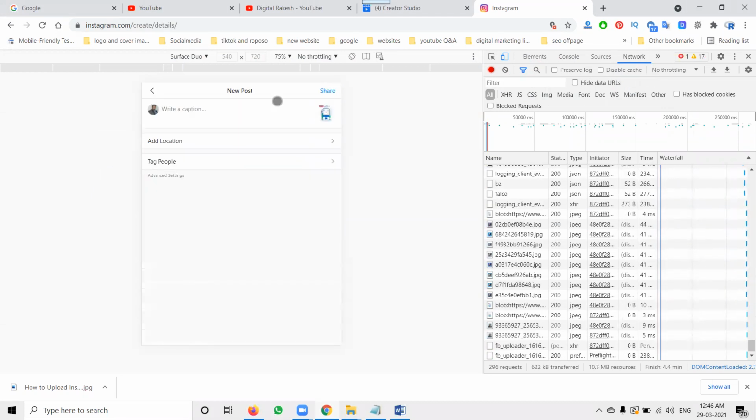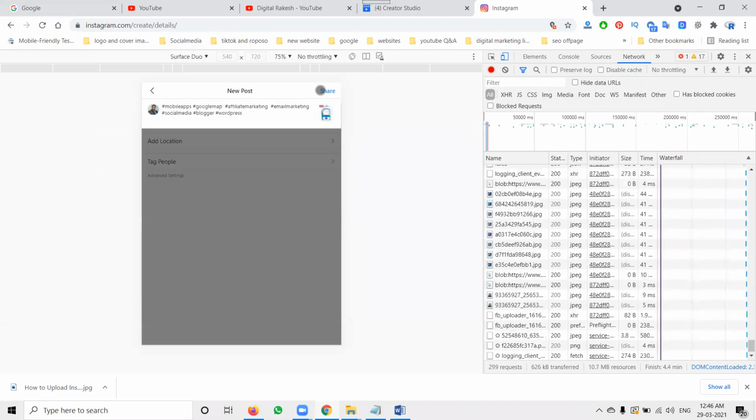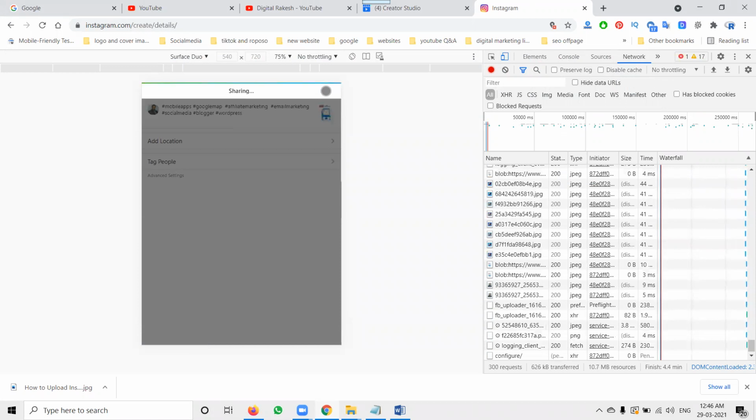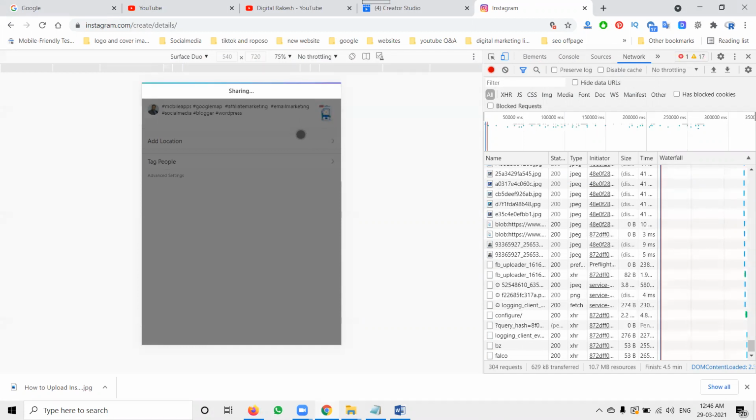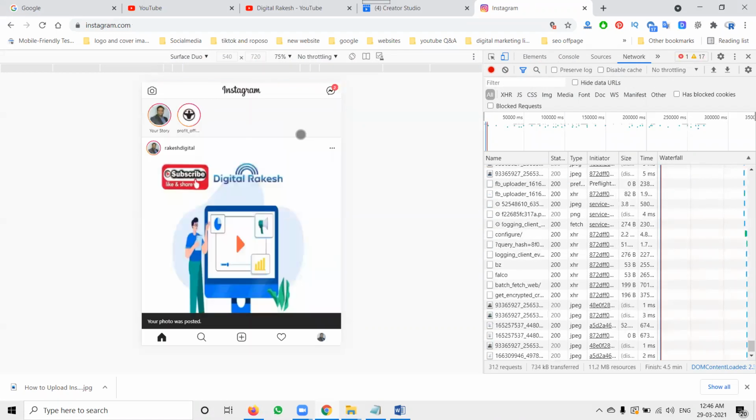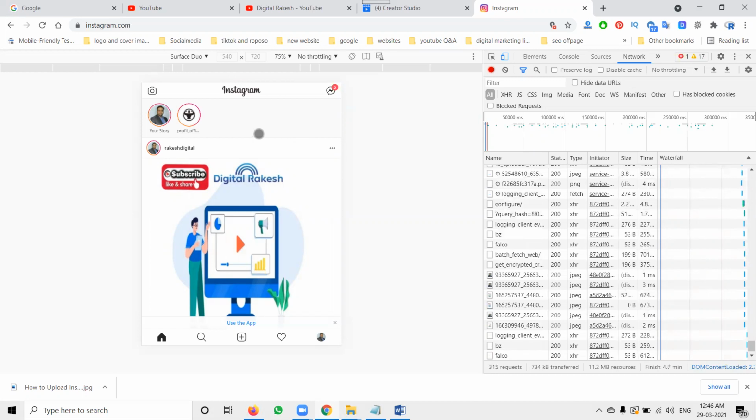Select next, upload the content here. Without using any tools, we post the content using the developer tool option. Any browser is flexible for this option. No need for any kind of tools, third-party extension, or Facebook Creator Studio. Nothing is required. We can post Instagram stories and posts.